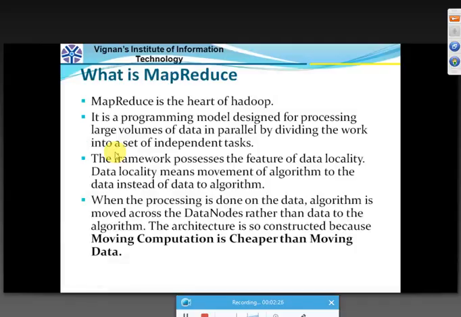Let's start with MapReduce. What is MapReduce? MapReduce is the heart of Hadoop, and it is a programming model for processing large volumes of data in parallel by dividing the work into a set of independent tasks. So what MapReduce is doing is, MapReduce plays the core of Hadoop. So in the Hadoop ecosystem,